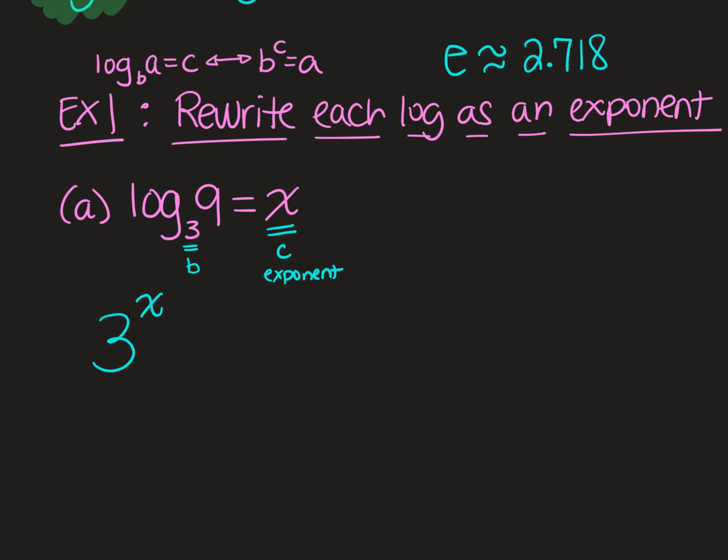So 3 to the x power. And then whatever's left is what your exponential function has to be equal to. So 3 to the x power equals 9. Now, if I asked you initially to tell me what the log base 3 of 9 is, you probably wouldn't be able to do it. But if I gave you, tell me what x would be so that 3 to the x power equals 9, you could tell me that x would be 2. So just by rewriting it, sometimes it becomes a little more clear what is being asked. Okay, let's try